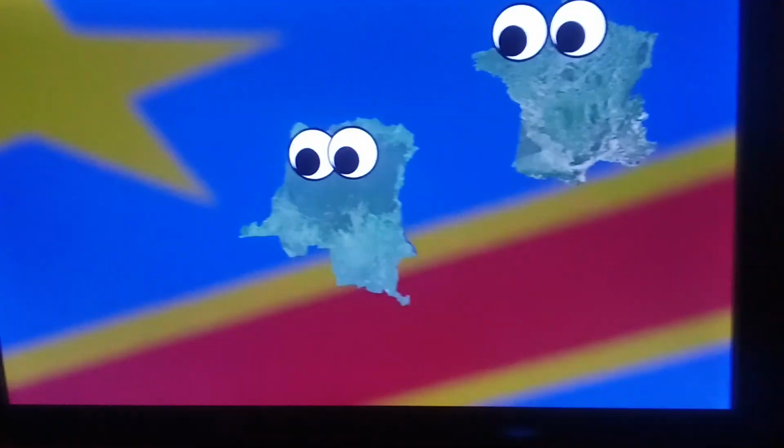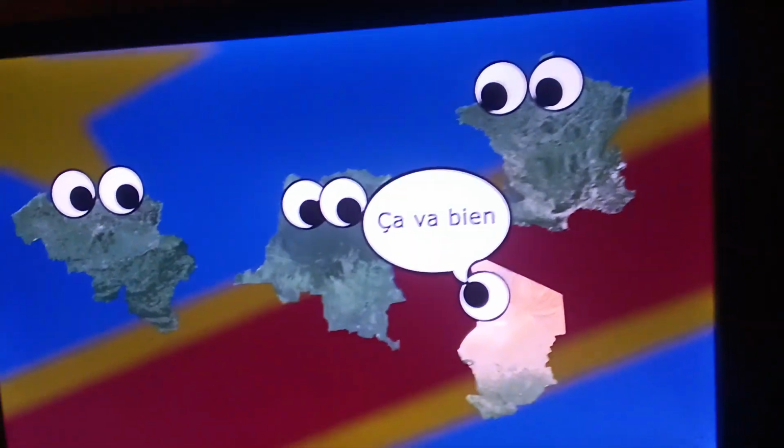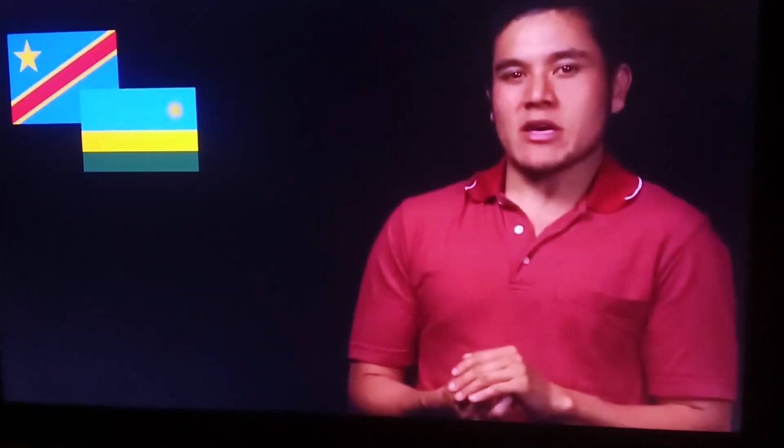First of all, it's no surprise, but the DRC does get along with pretty much most Francophone countries. Even though the Belgians did leave a sour taste, they did kind of help unite the DRC with half of the entire continent through linguistic coherence. When it comes to Rwanda, it all kind of went down like this. Oh, come here, Rwanda. I'll totally help you out with the crisis.